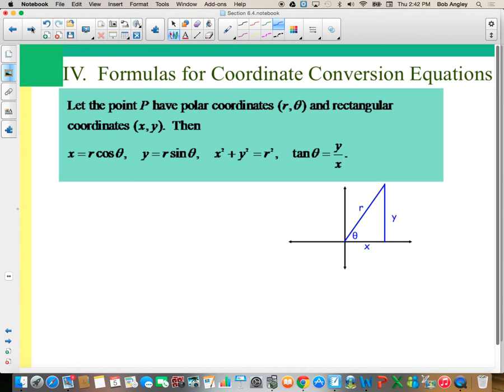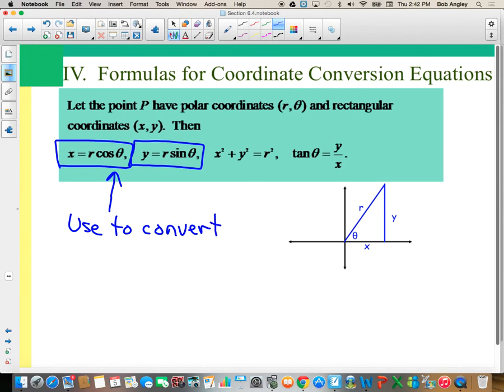Okay. Now, the second major deal of the day is we're going to need to convert expressions from having rectangular coordinates, x's and y's, to polar coordinates, and vice versa. All right? And there's 4 little equations here. These 2 are the ones that we will use to convert polar equations to